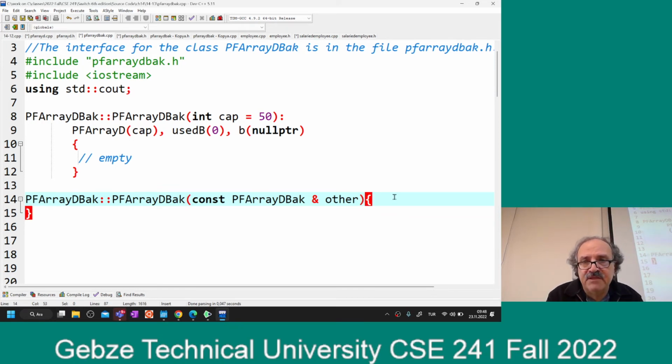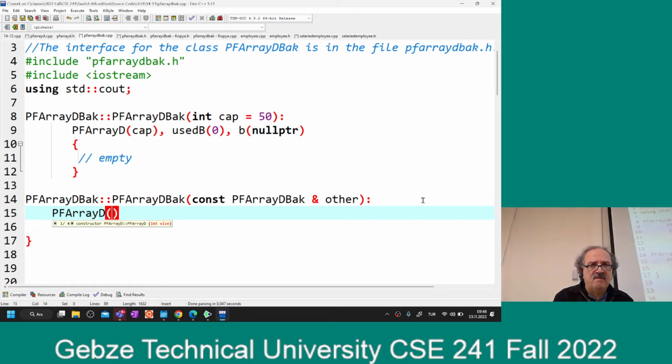Okay, good. Well, I think I should do this, right? Okay. So, PFLED, what am I going to send it? This one, I send the capacity. This one, I am going to send what? Well, other. What is the type of other? Backup. But PFLED expects,